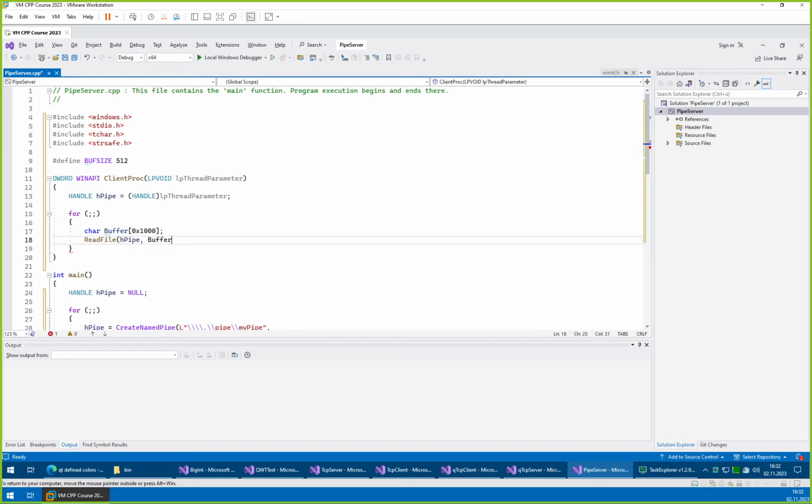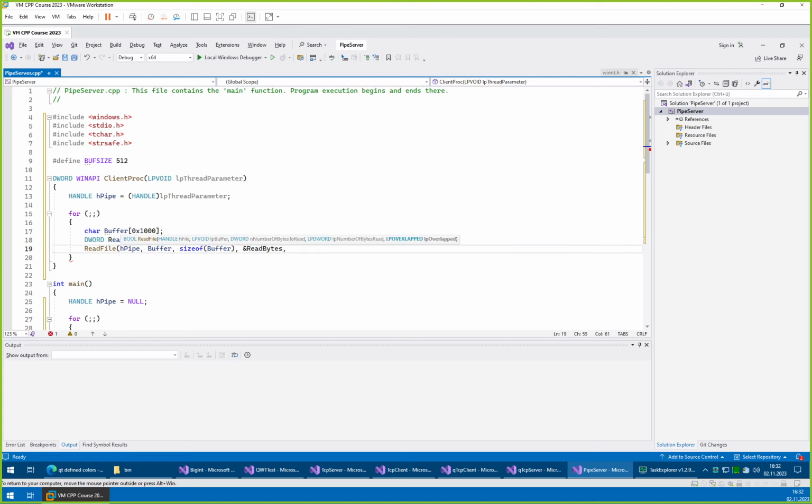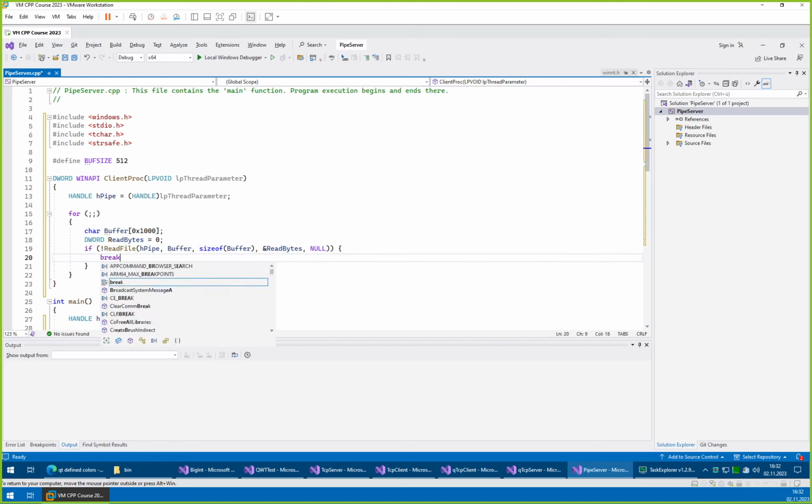So the read function is quite similar. Number of bytes to read, size of buffer. Then we have number of bytes read. What was it? I think a double word. Yep. Word. Read bytes equals 0. Reference read bytes. And again, this overlapped structure in case we would want to do it asynchronously, which we don't. So if read fails, then we break our loop and